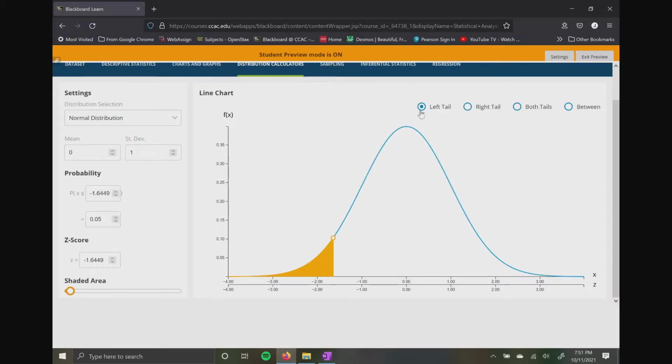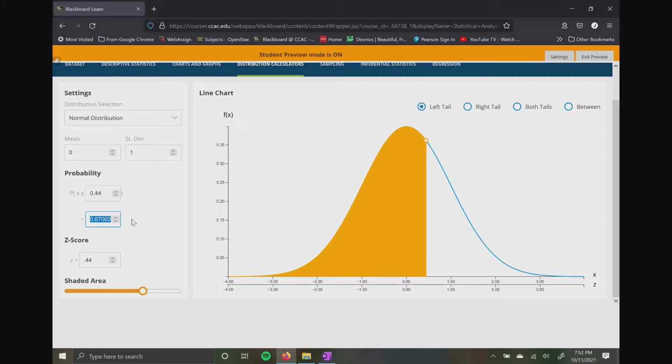So make sure left tail is selected. Now, distribution selection, well, we want normal. Our mean is 0. Standard deviation is 1, so that makes this standard. Okay? And then you have options. You can use the probability or we can use z-score. So what we're going to do is we're going to use z-score. So I'm just going to erase this and I'm going to type in 0.44. And notice when I type in 0.44, it shades appropriately. And then right here, let me highlight it on the left-hand side of your screen, are the numbers